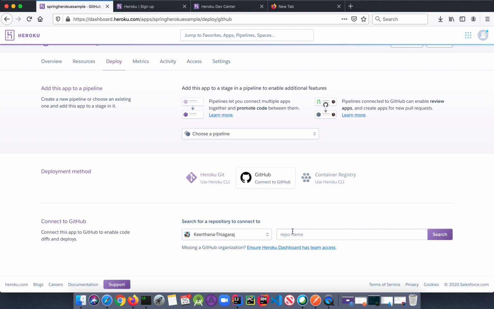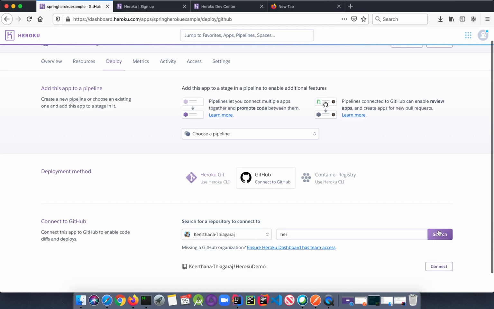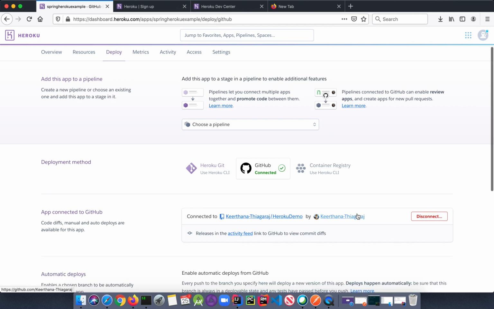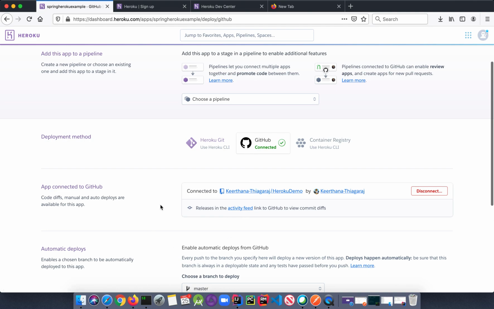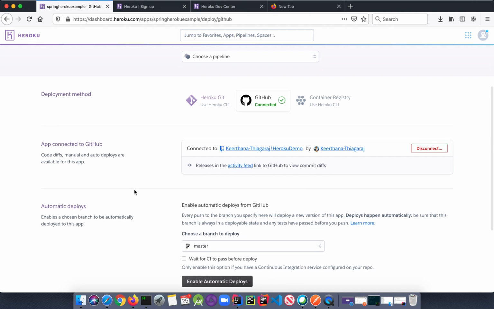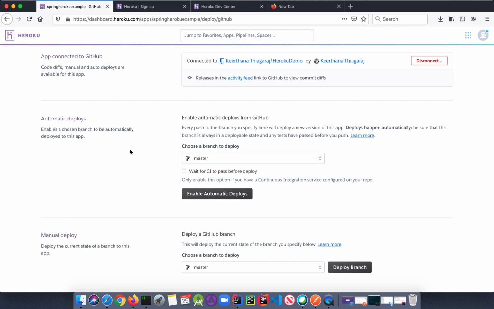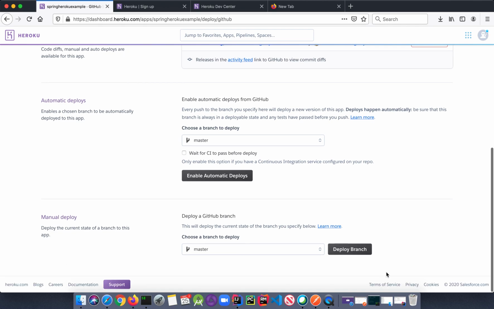You just need to give your repository name and click connect here. You can see the message connected to the GitHub repository, and you have an option for automatic deployments. If you don't need automatic deployments, you can select manual deployment by specifying your branch. Here I have only the master branch, so it is displayed as master.